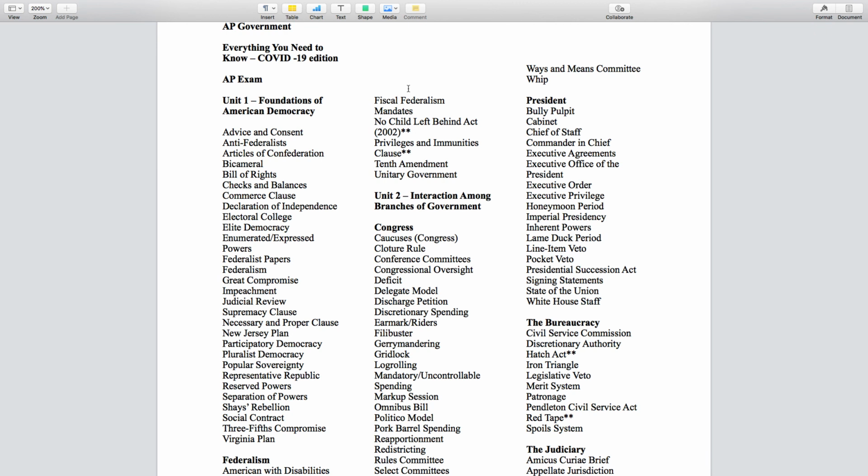Okay. 10th Amendment, really important. It creates federalism. It says those powers not granted to the federal government are reserved to the states and the people respectively. So, those powers not given to Congress in Article 1, Section 8 are reserved to the states. Things like your big ones, education, public safety and health. Look at all the stuff going on right now with COVID-19, right? You're seeing a lot of the governors exerting their power. Right? So Kemp has said, we're going to open tomorrow, even though Trump has come out and said that's probably not a good idea. Kemp can still do that because of the 10th Amendment.